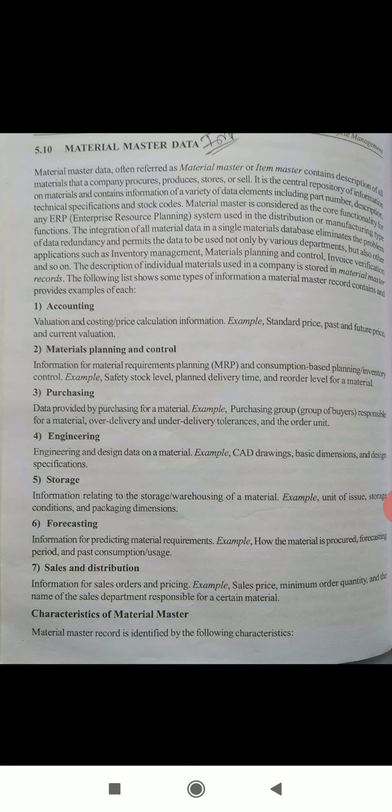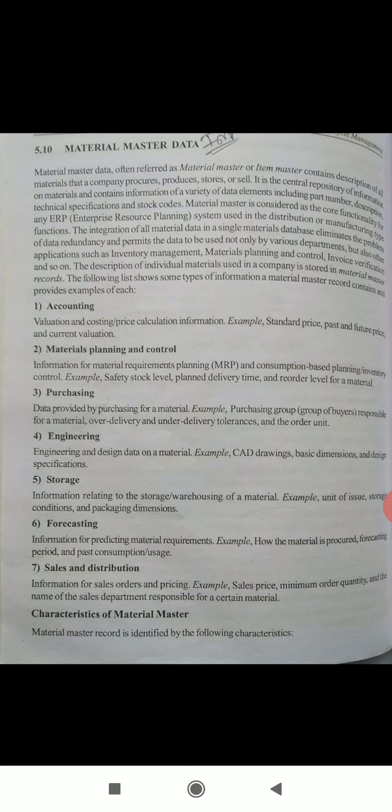It is a central repository of information on materials and contains a variety of data elements including part number, description, technical specifications, and stock codes. Material master is considered the core functionality for any ERP, that is enterprise resource planning system, used in distribution or manufacturing type